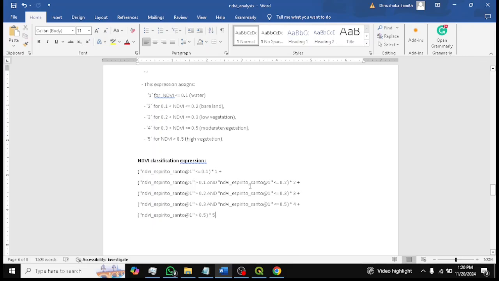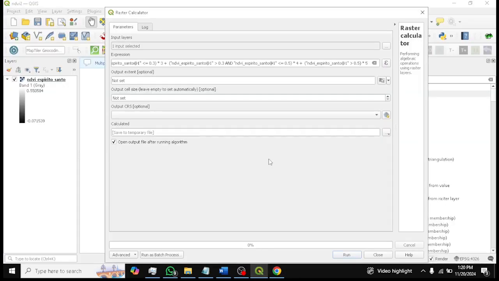as per how your NDVI raster file is named. You can just customize it here, and if any error occurs, you have to understand what the error is and try to rebuild the expression and run it again and again until you get the correct result. So here I just get this similar output extent, because I already created that one,